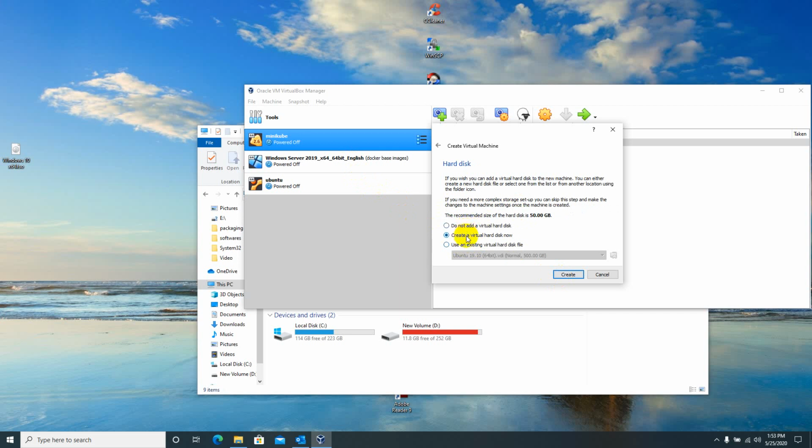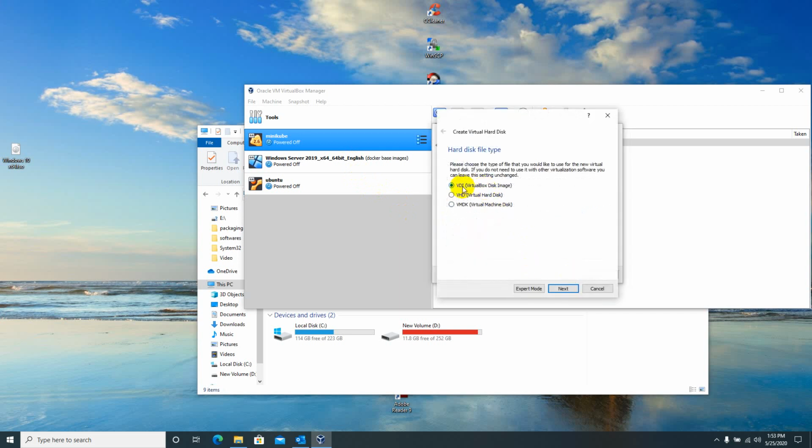Hard disk, I want to create a new hard disk. Let's keep the VirtualBox format, VDI only. If I keep fixed size and allocate some 50 GB or 100 GB to this hard disk I am creating now, it will be pre-allocated and the size of that file will be 100 GB.